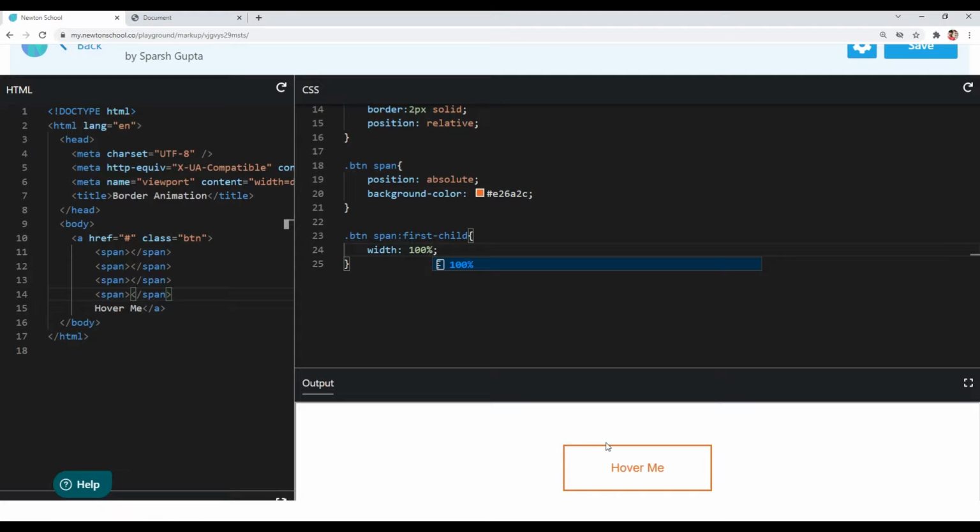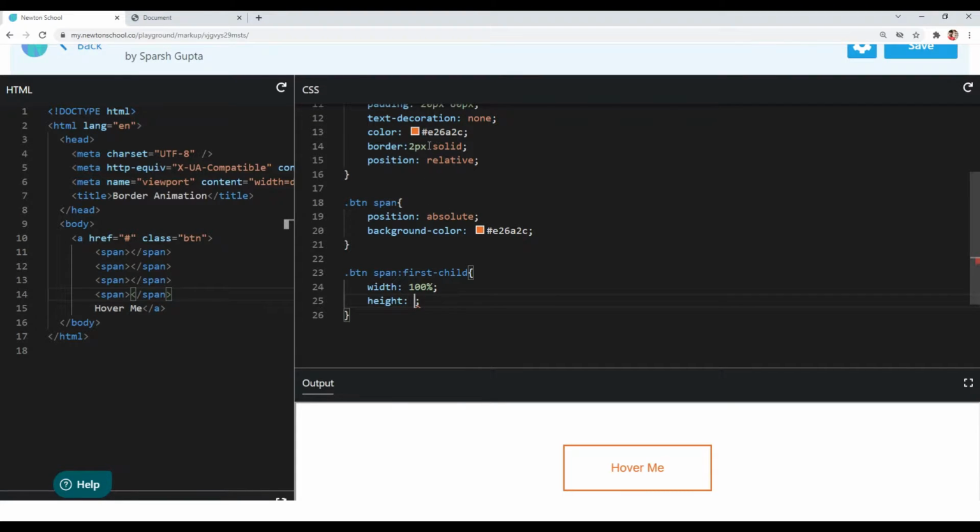We are creating the top border, so we want the span element to get 100% width, and for the thickness of our border we will give it a height. We will create a border with a thickness of 2 pixels, so I will give 2 pixels to our height, and now you can see we got one side of the border.